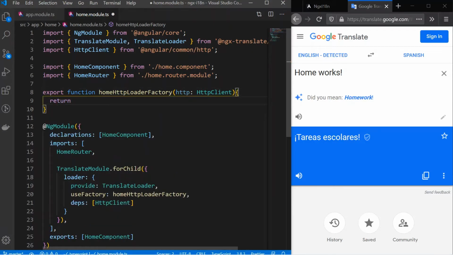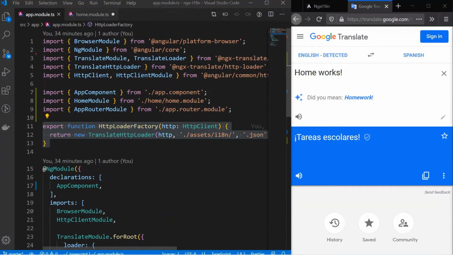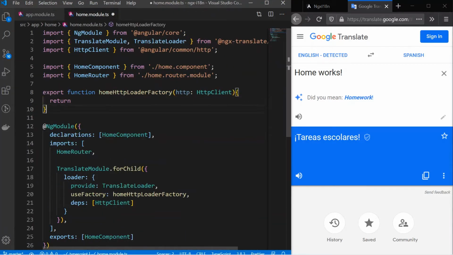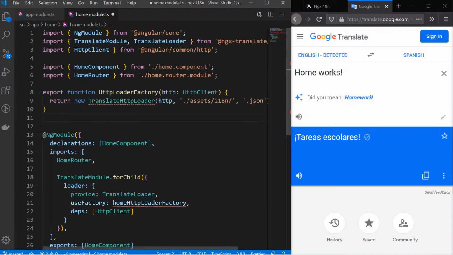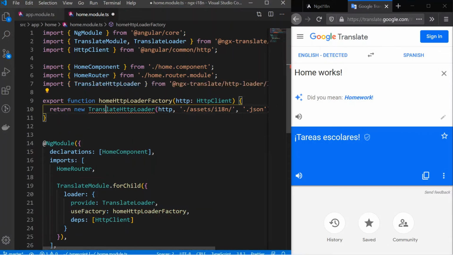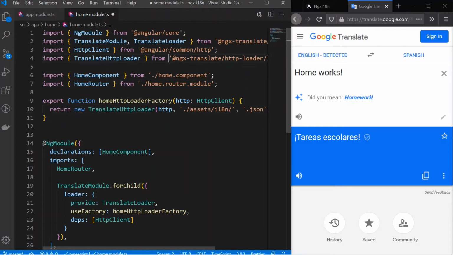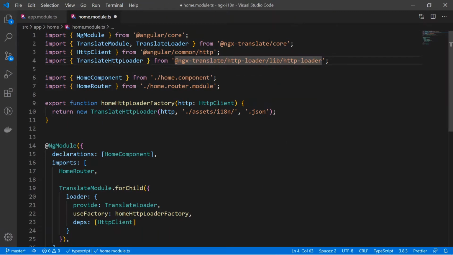We are going to return, and we can copy from here, simply paste it here, change the name to home, and import this from the HTTP loader, which is a part of this library.